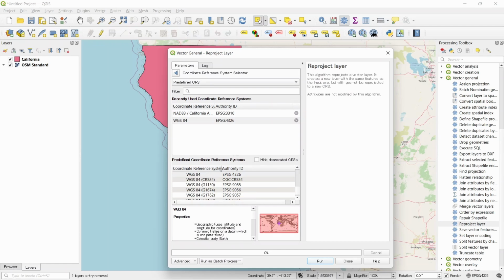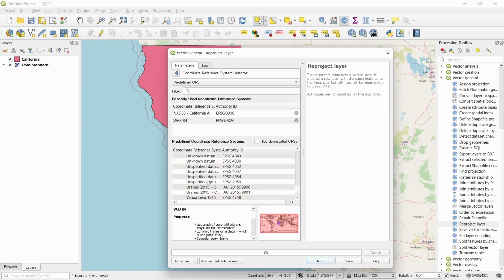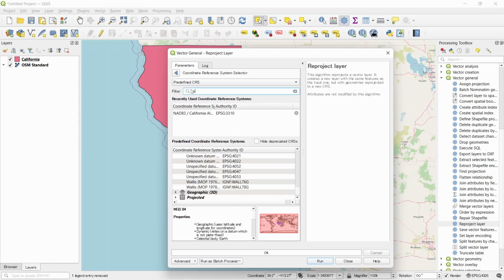Here are the CRS options. From here we can select the CRS. We can also search the CRS from this filter. Let's search for